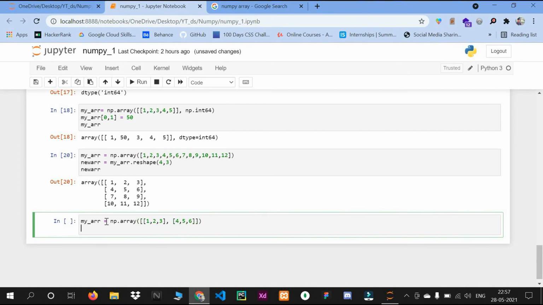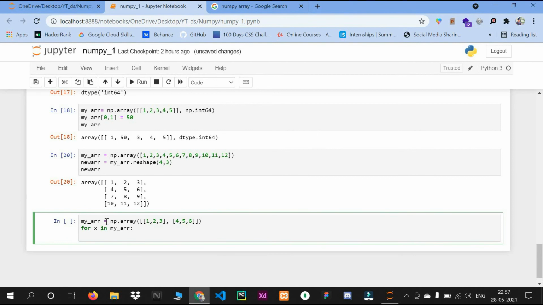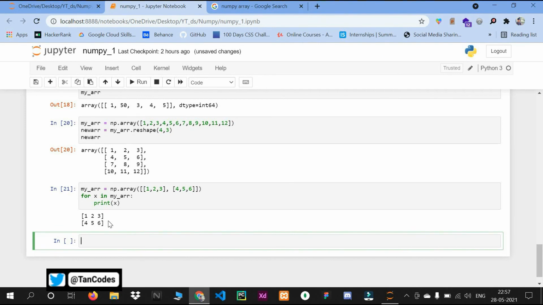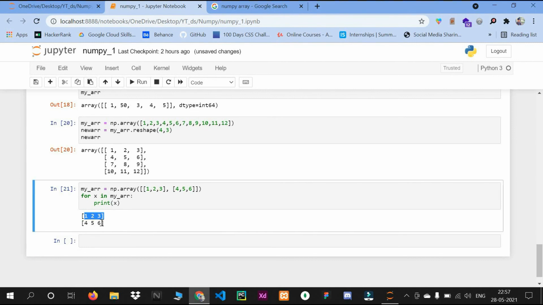For iterating I will take one for loop in my array, and I will just print our x. So you can see we iterated over this array. In a 2D array it will go through all the rows, and the same we can do with 1D and 3D arrays. So it is simple to iterate with arrays.